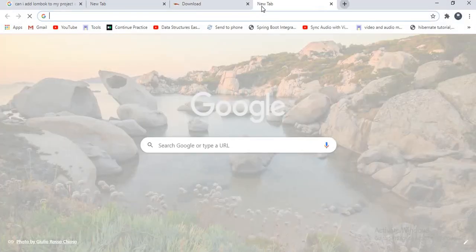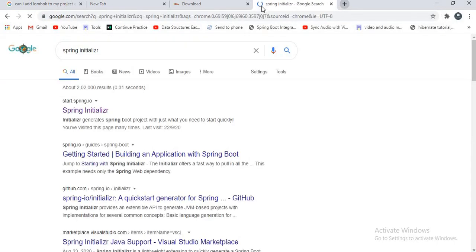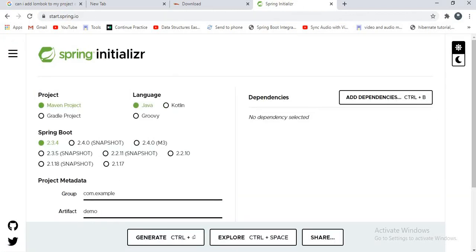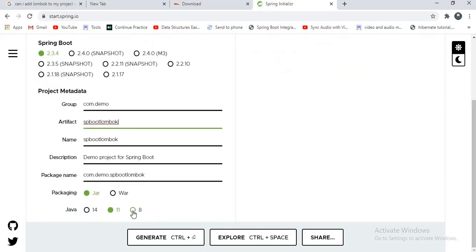First of all, let's create a small Spring Boot project, guys. I want Maven, version 2.34, com.demo, spboot Lombok, and my Java version is 8.